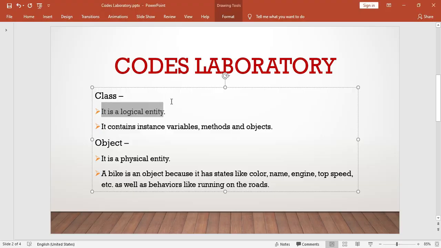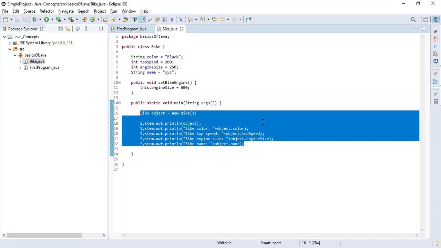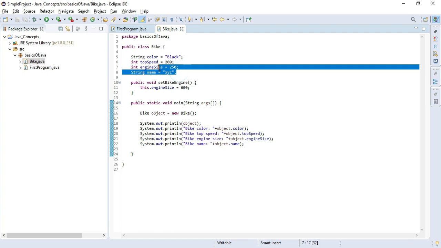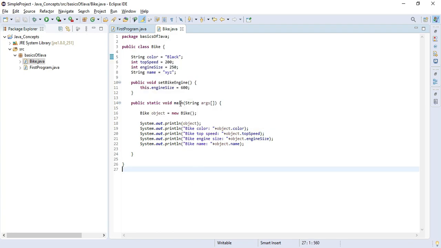Okay, so what it says next, class contains instance variables, methods and objects. Okay, so all these are the instance variables, and as you can see, class contains two methods. One is main, another is set bike, and it also contains the object.